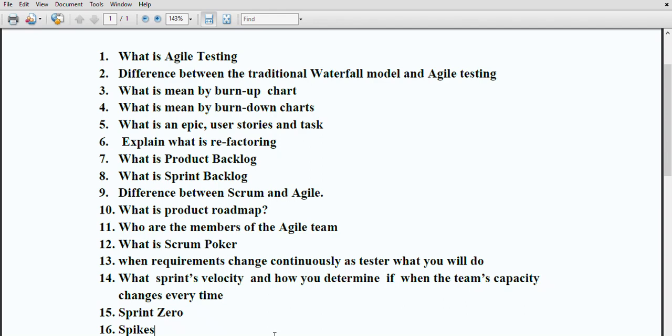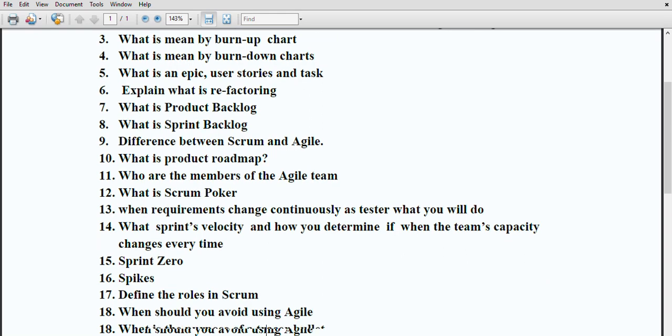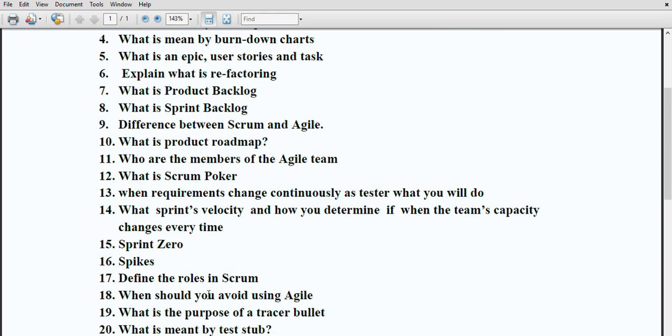Then the next main question is, what is meant by sprint velocity, and if team capacity, meaning team members, is changing every time, what are you going to do? Sprint velocity is calculated using professional judgment based on some data which we have.